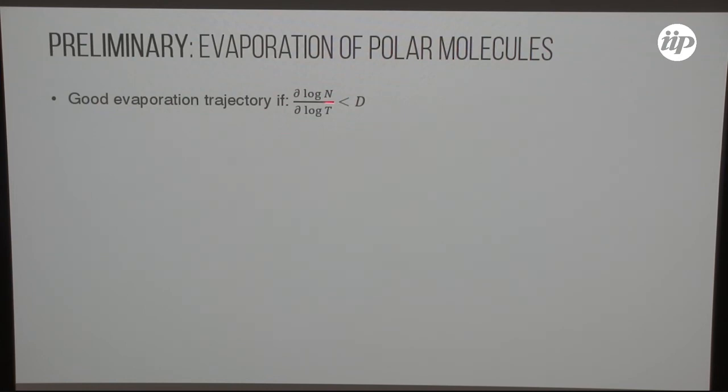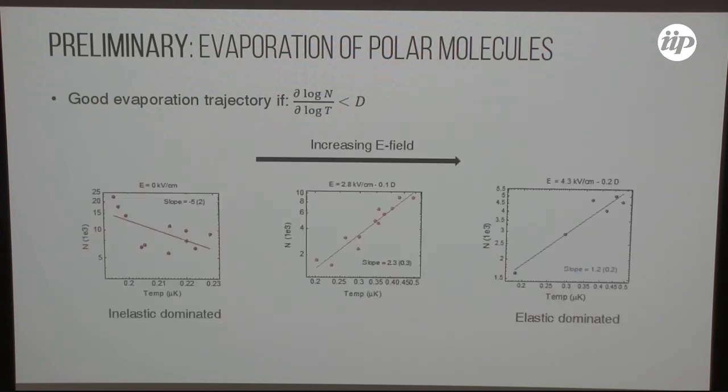The number that you have to care for is the dimensionality of your system, this capital D. In 3D, the evaporation trajectory of your system has to be lower than 3, which means essentially you're not losing atoms, you're just increasing phase space density. In 2 dimensions, it's a bit more complicated. The slope that you have to achieve has to be lower than 2. Essentially, the difference is that you're evaporating out of a disk instead of a sphere, so the space is reduced for this increase of phase space density.